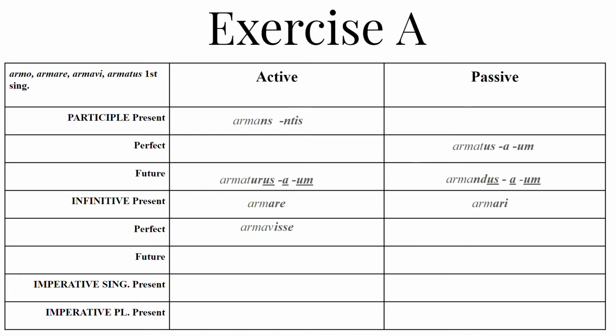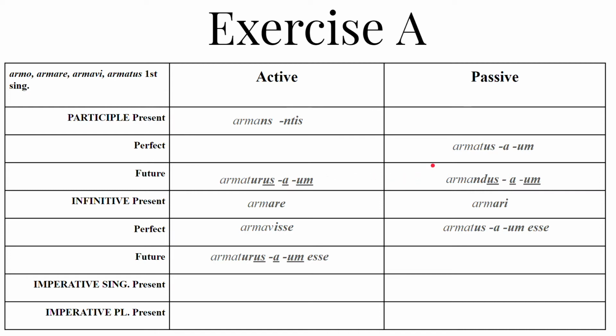If you add a personal ending to that perfect active infinitive, then it's no longer an infinitive. You've given it a finis, an ending, so it's a finite verb, and that would be the pluperfect subjunctive. Without the ending, it's an infinitive. It's infinite. The perfect passive is the fourth principal part. Just add esse as a helping verb to make it an infinitive: armatus, a, um esse. So armatus esse, armata esse, armatum esse. The future is like the future participle, armaturus, but add the esse to give us an infinitive.